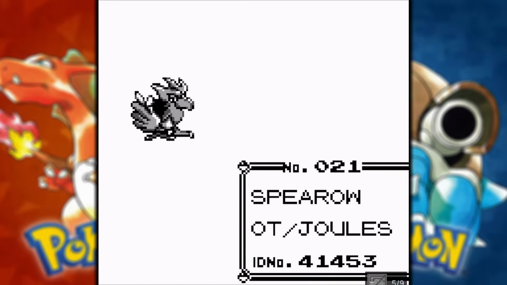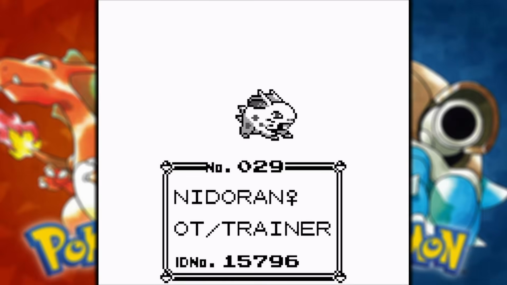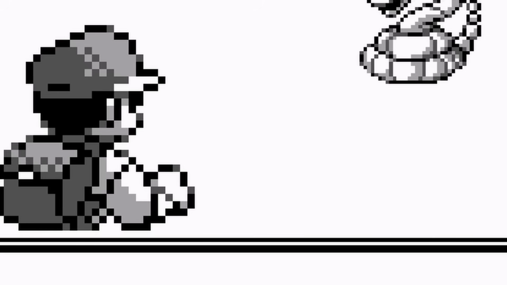Poliwhirl for Jinx, Spearow for Farfetch'd, Slowbro for Lickitung, Nidoran for Nidoran, Abra for Mr. Mime, and Nidorino for Nidorina. Why would they do the same species twice? I have no idea, but we were officially at 100 Pokemon caught, so I went to find some more, including